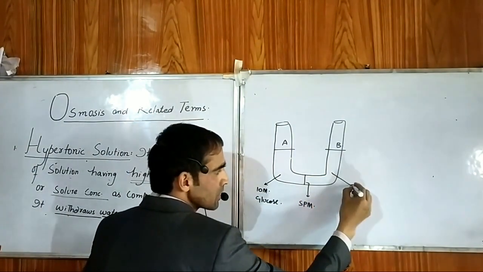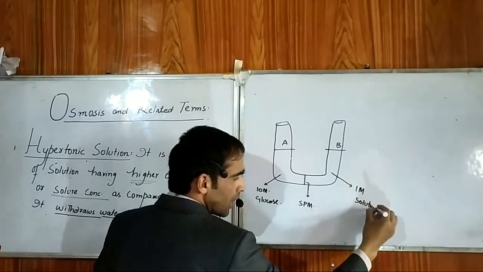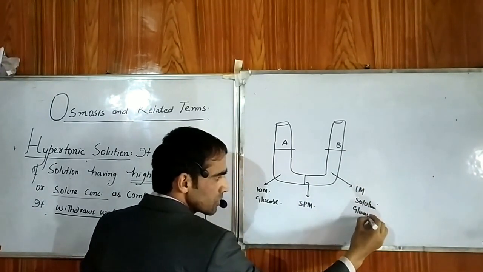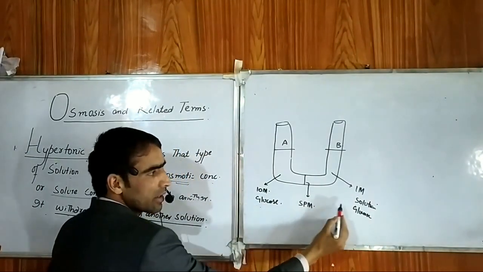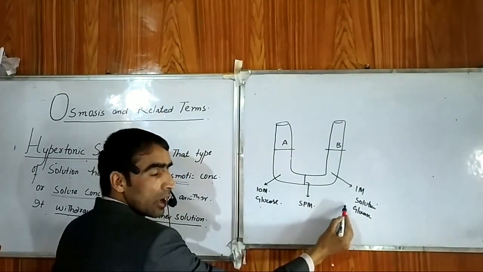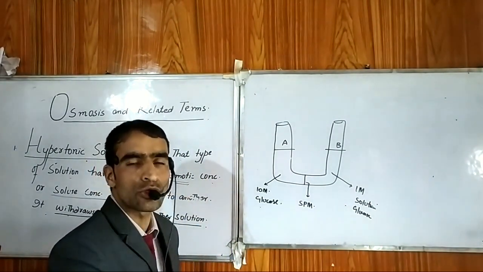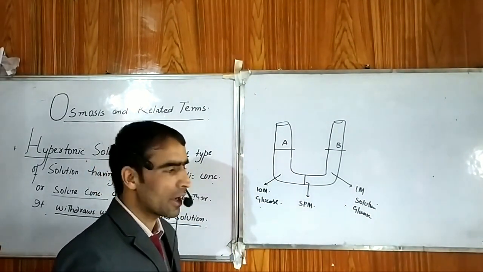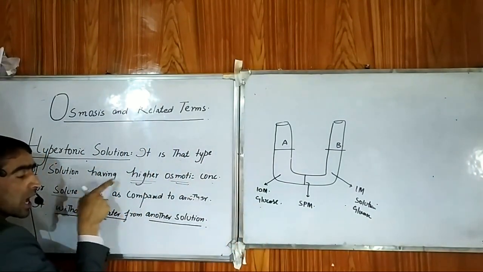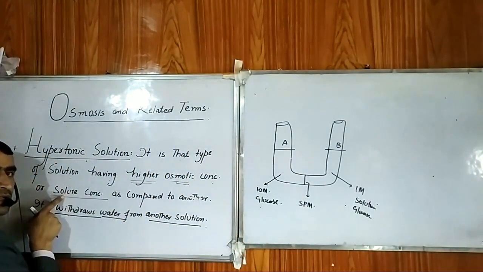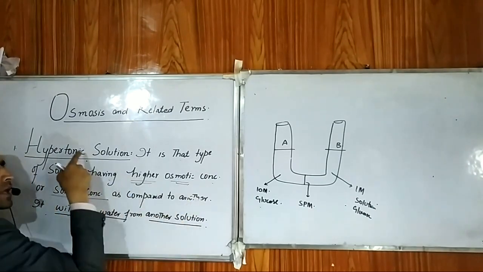This contains 1 molar solution here. Again, this will be glucose. Sir, the strength of this one is 10 molar. Sir, the strength of this one is 1 molar. Now you have to select which solution will be the hypertonic solution. Beta, that solution which has higher osmotic concentration, I mean solute concentration, compared to another, that is